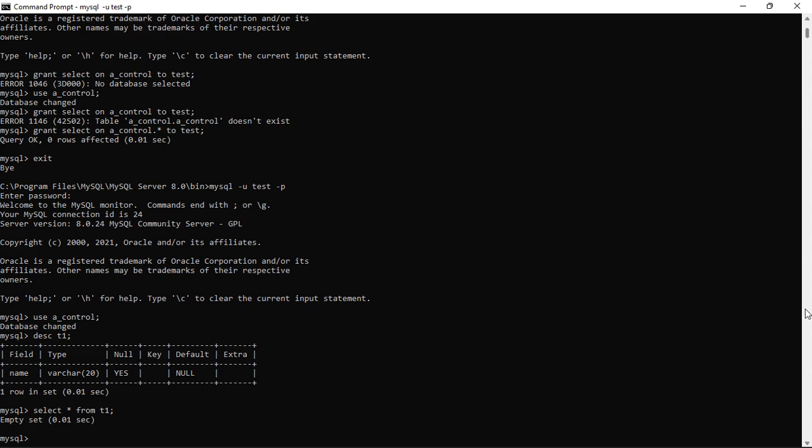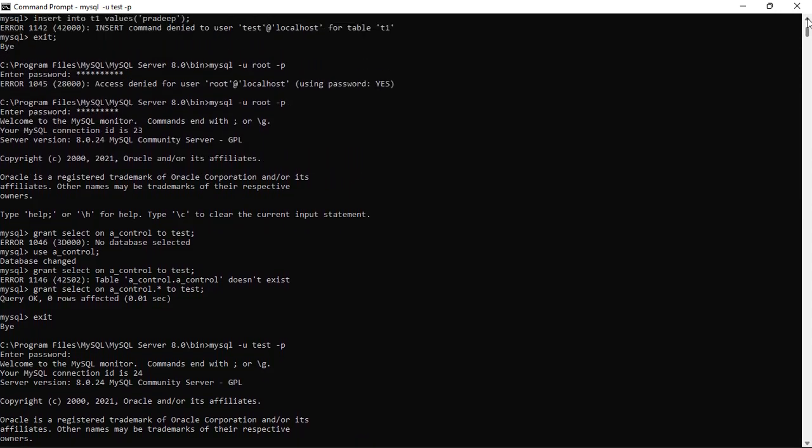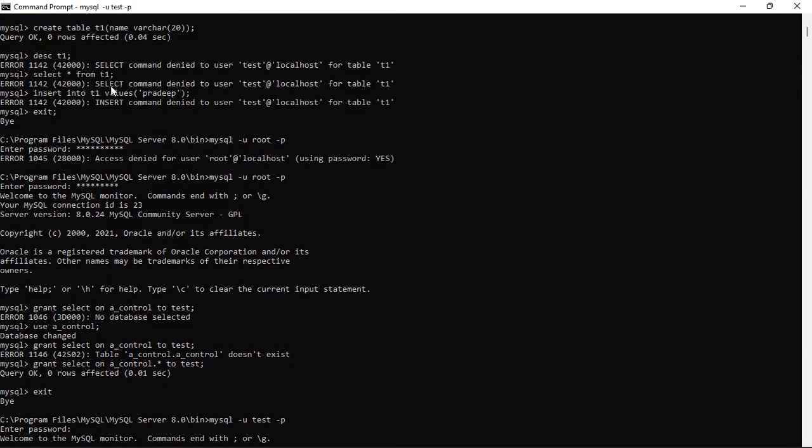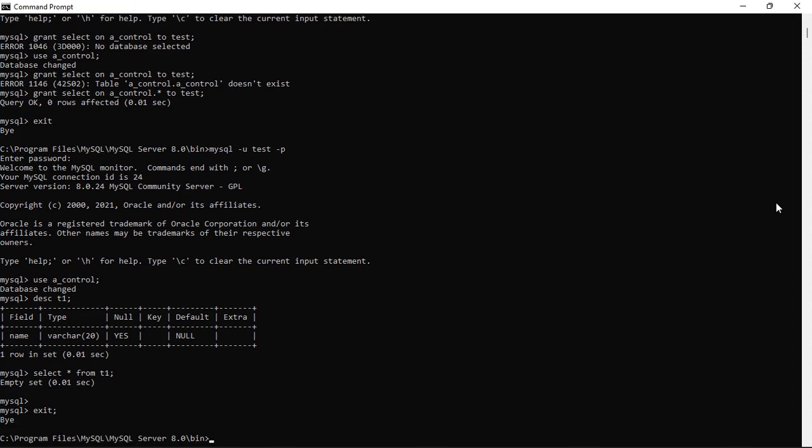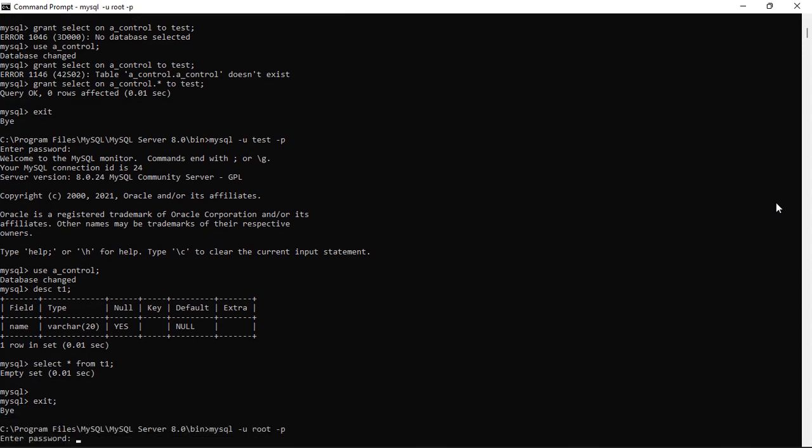Earlier, what it was telling? It was telling that the operation is denied, right? You can see here whenever select statement was done, it said it is denied. This particular command is denied on this user, right? So this is how you can give selectively the privileges to the users, or if you want, you can give all of them together. So now I'm exiting from the test user, and let me again log back to the super user,